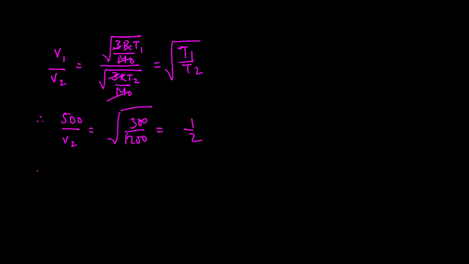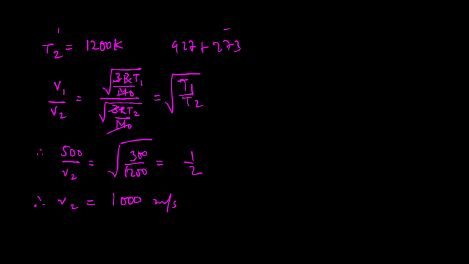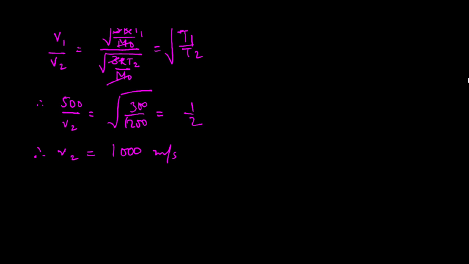Right? So that will give you V2 equal to 1000 meter per second. Understood? Right, 1000 meter per second. So this is how you can solve such questions, right? Which are based on Vrms. Okay? Now